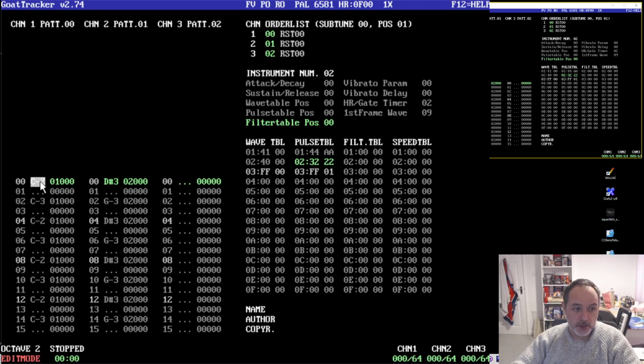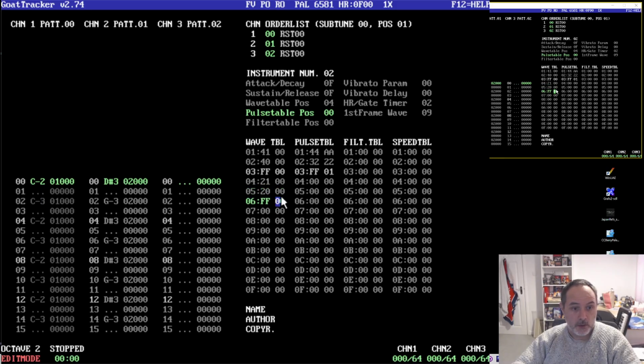Right, if you don't want to hear channel 1, just do shift and 1. You can toggle that, so shift and 1, and then I'll do F1 just to play that in a loop, and then instrument 2 we need to define, so I'll just do F and F. Wave position will start at 4, and then I'll do 21,